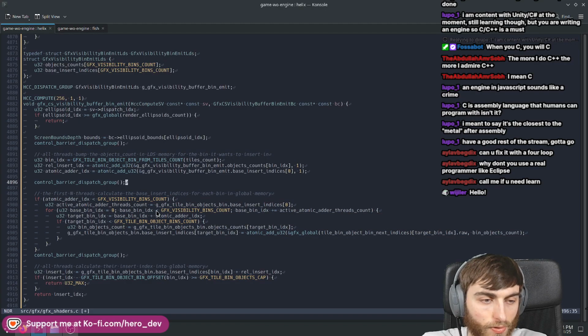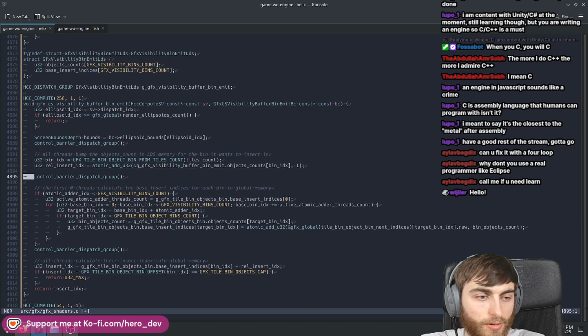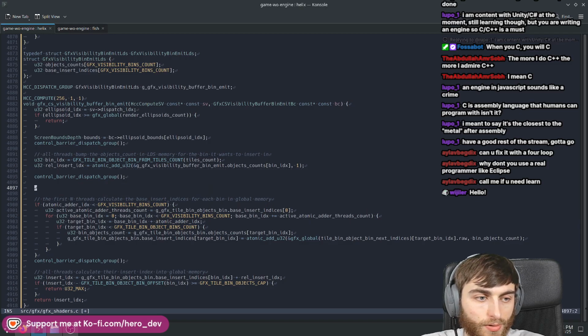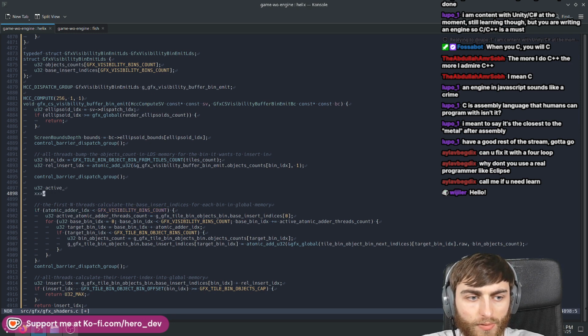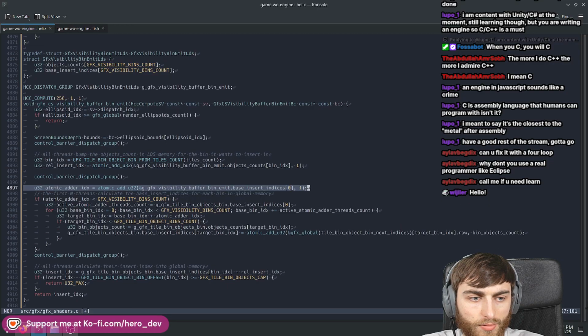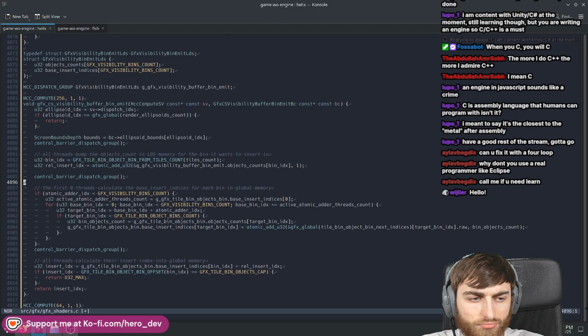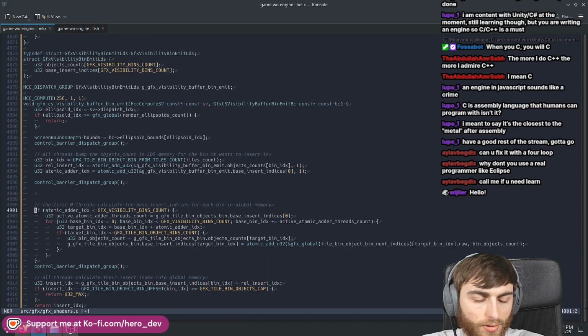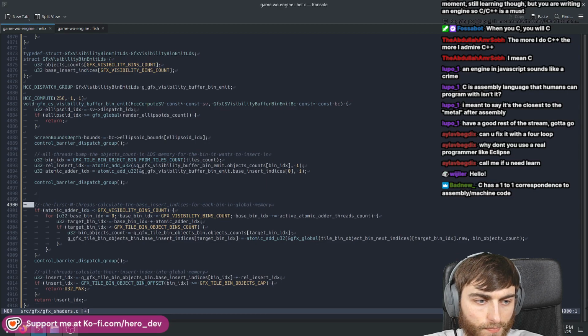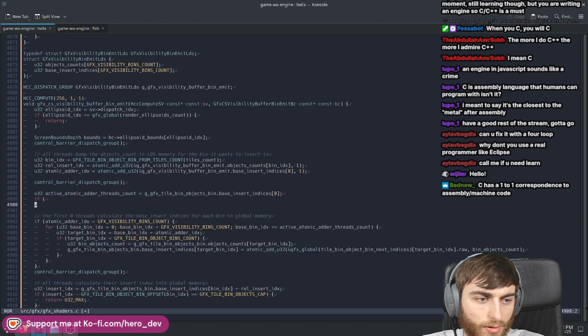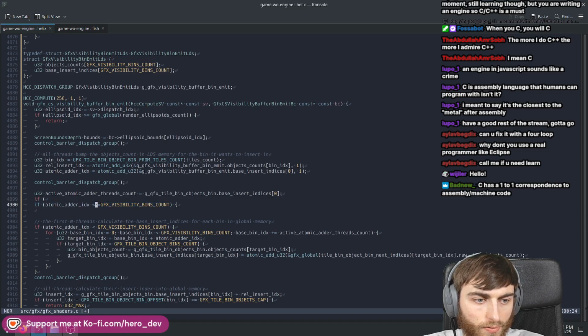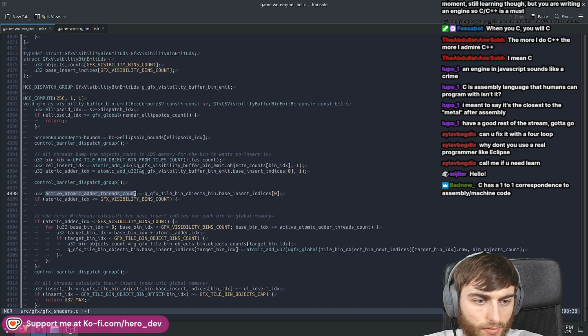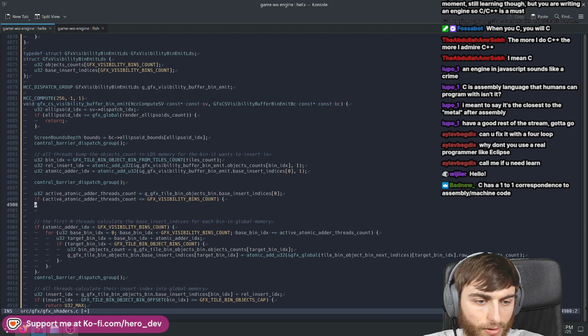So the way to make this code cleaner, easier to read, is you just say active. No, because this is across. Yeah. Active threads count. If that is less than or equal to the number of bins, then simply just